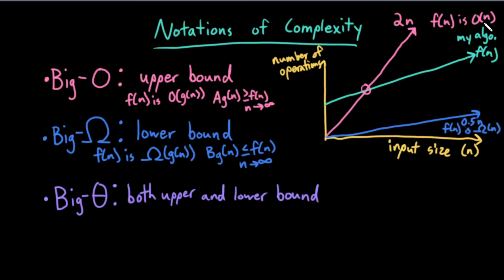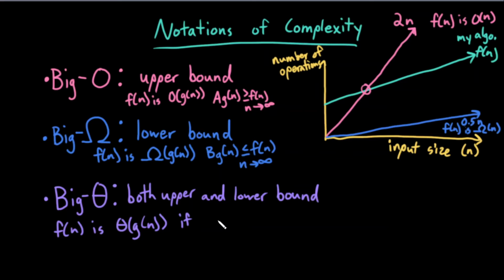Okay, so big O gave me an upper bound. F of n is big O of n because as n approaches infinity, f of n is less than some constant times n. And f of n is big omega of n because at some point towards infinity, f of n is larger than g of n times some constant. The last one is big theta. Big theta is just both big O and big omega. So we say f of n is big theta of g of n